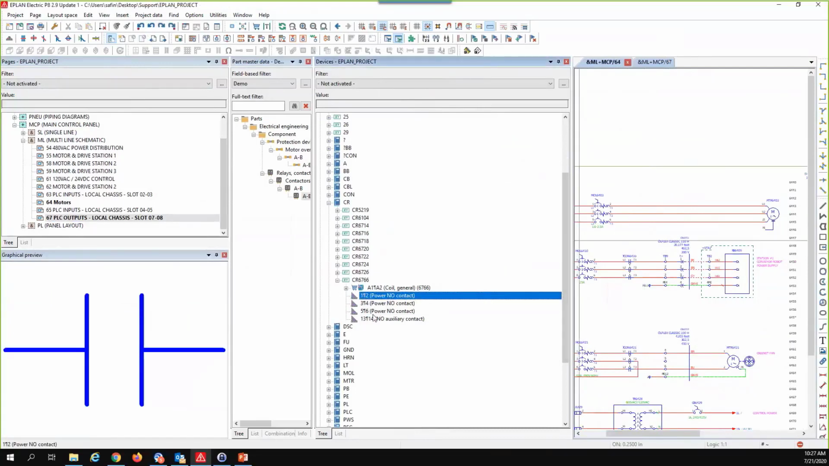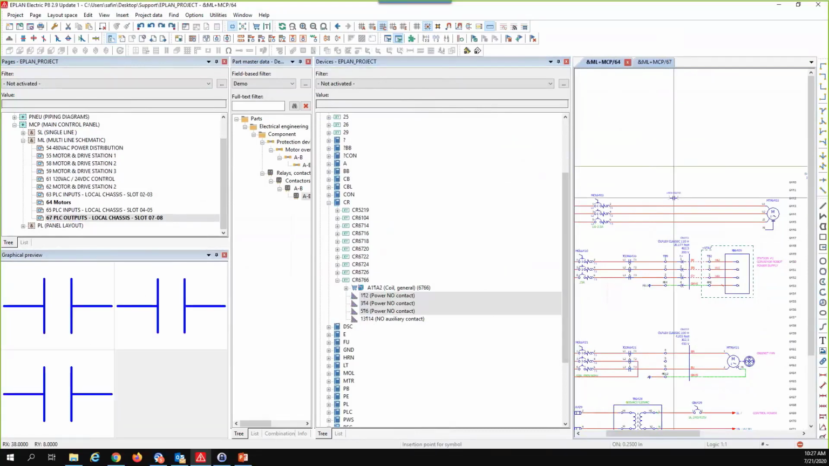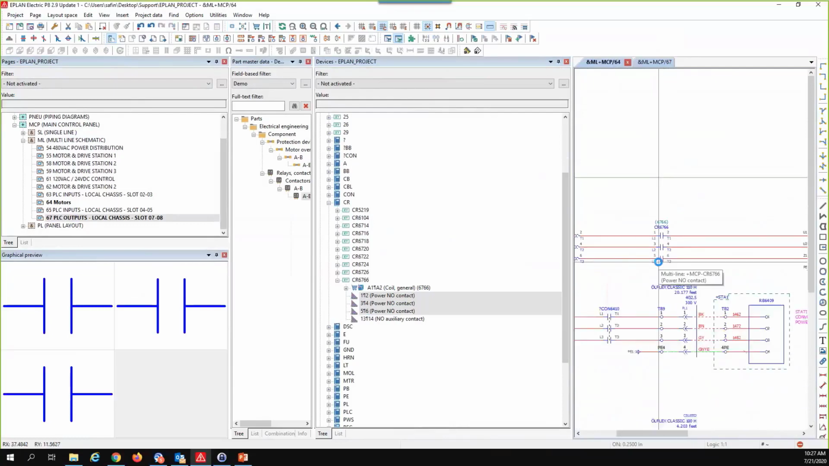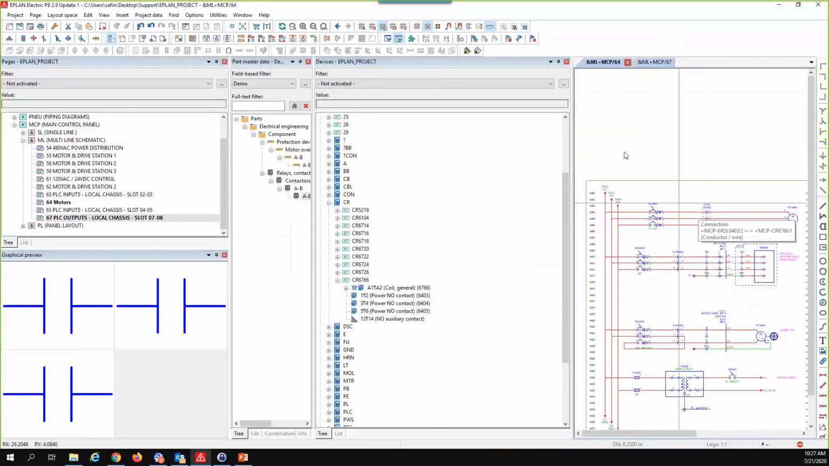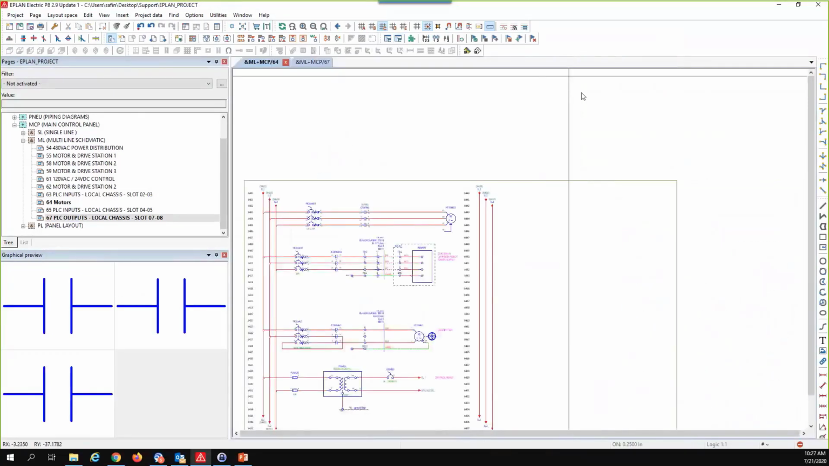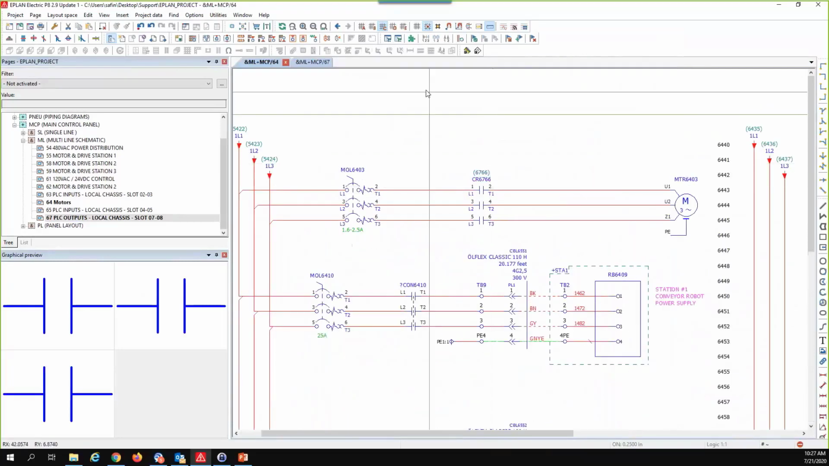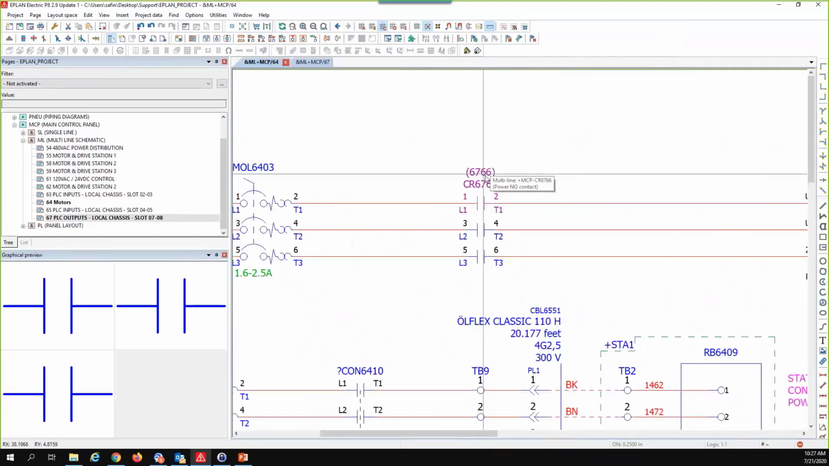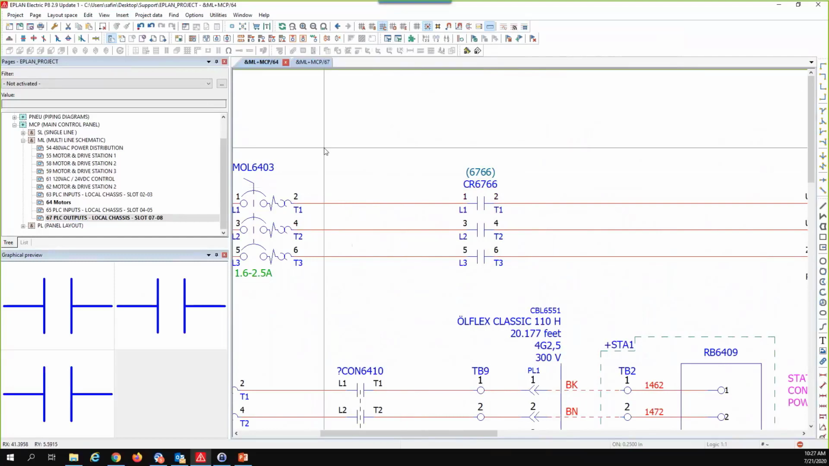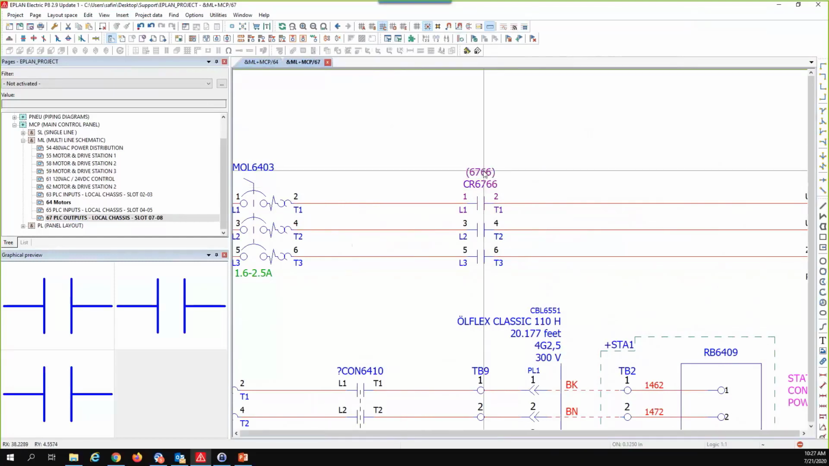I want to do them in a straight line. Just like so. And you can see that these, just make the screen bigger. You can see that these get a cross-reference too. So it's telling me where the main devices are located and what they are part of. And on the other side, of course, if I click right here,